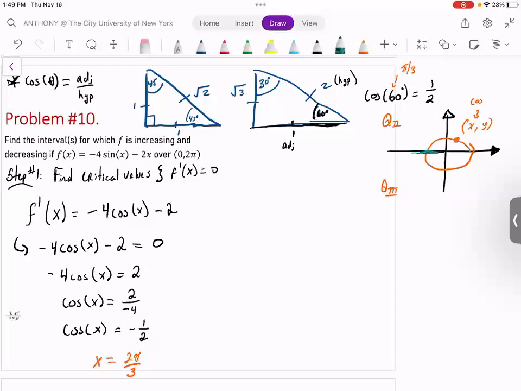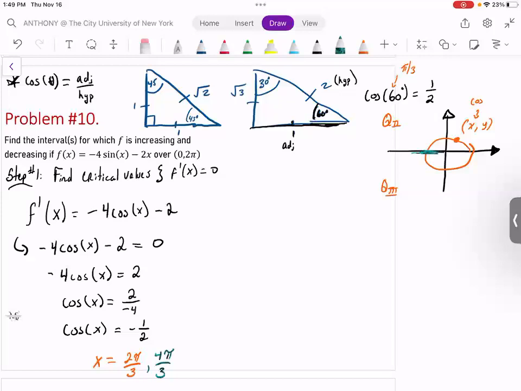Well, pi over 3 is 60. 2 pi over 3 is 120. 3 pi over 3 is 180. So 4 pi over 3 is now going to be your second angle. Your 4 pi over 3 is the 240 degrees. Okay, so you can use your triangle, then transfer it to the unit circle. You don't have to memorize the entire unit circle. All right, so now that we have the two angles,